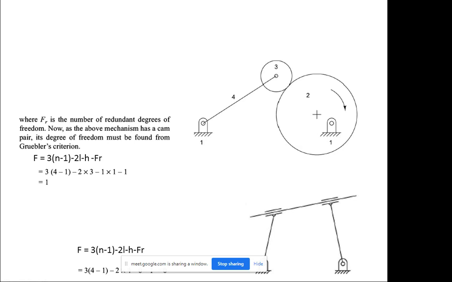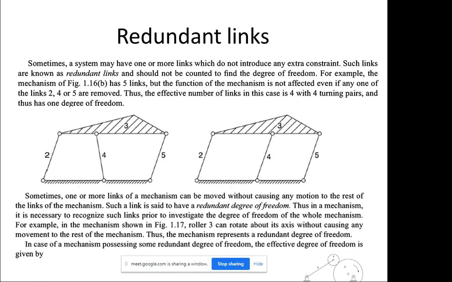Yes, sir, in the previous figure, sir. Yes, previous one. Sir, in this, if we remove the third link, sir, it will affect, no, sir? See, read what I am telling: 2, 4, and 5. Either 2 or 4 or 5 is removed. If 2 is removed, it will not have a constraint, it will be the same. Even if 4 is removed, 2 and 5 will have the support. It will not make any impact. If 5 is removed, 2 and 4 support will always be there. So it will not make any impact. Only between 2, 4, and 5. I am not talking about 1 and 3, which are fixed here, and the top I am not considering. I am mostly considering 2, 4, and 5. So if 1 is removed, it will not make any impact.